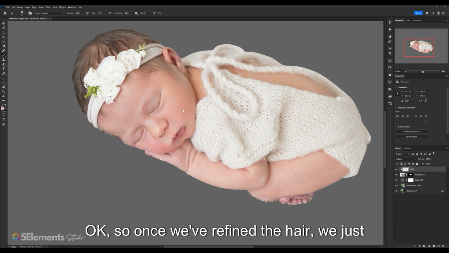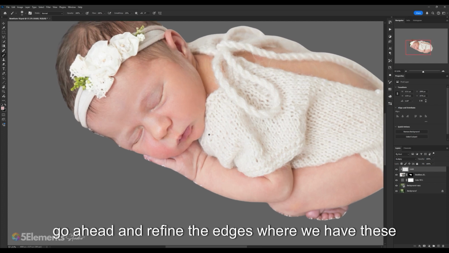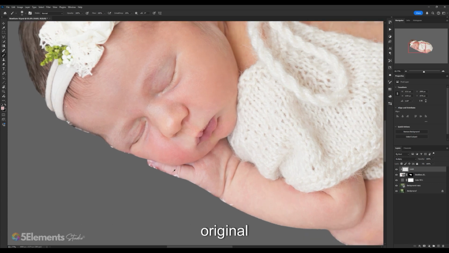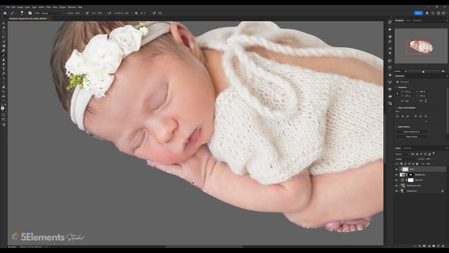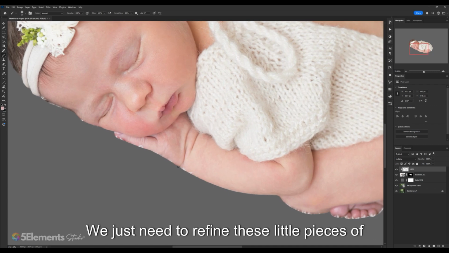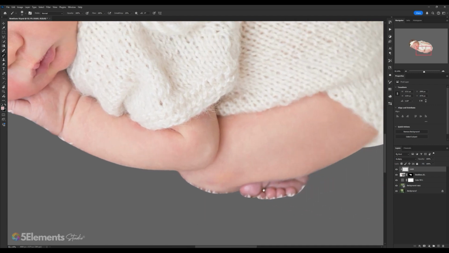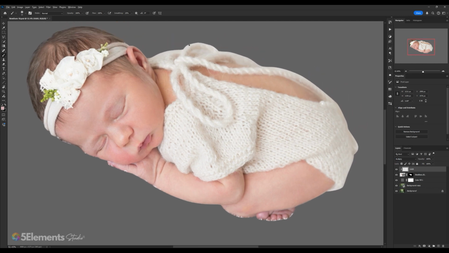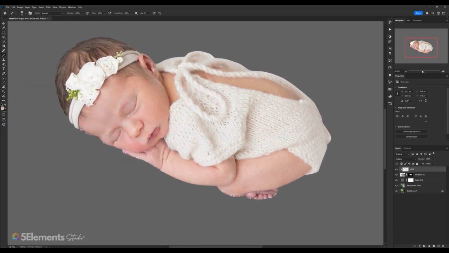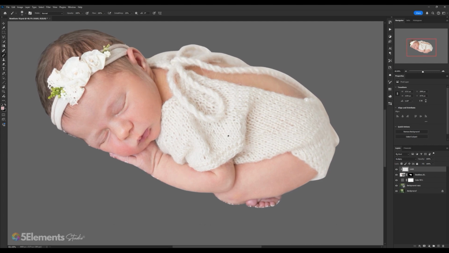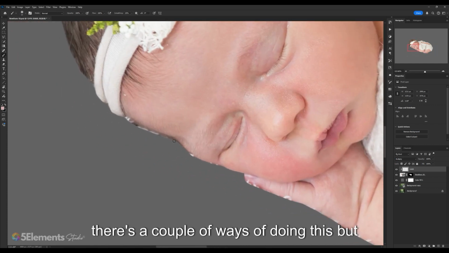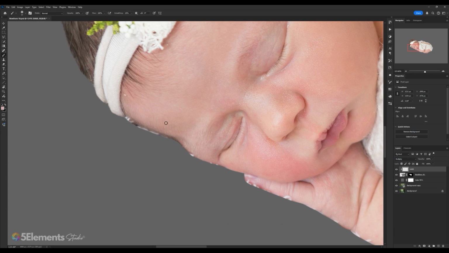Okay, so once we've refined the hair, we just need to go ahead and refine the edges where we have these elements from the original backdrop behind the baby here. We just need to refine these little pieces of fluff and fix up the edges here. And then once we've done that, we will just fix up these harsh edges over here. And then we'll pretty much be done with the subject refinement, and we can move on to placing the subject in the scene. So there's a couple of ways of doing this, but the easiest way is to just paint them out